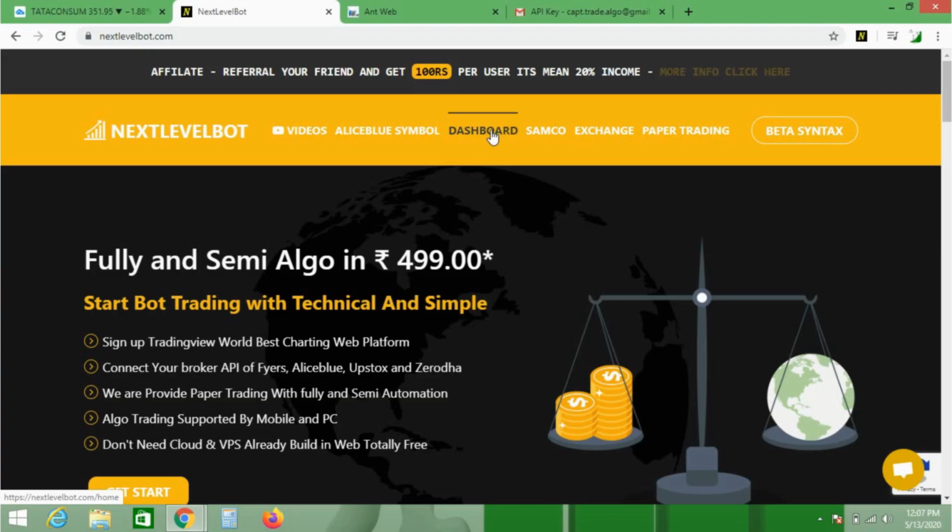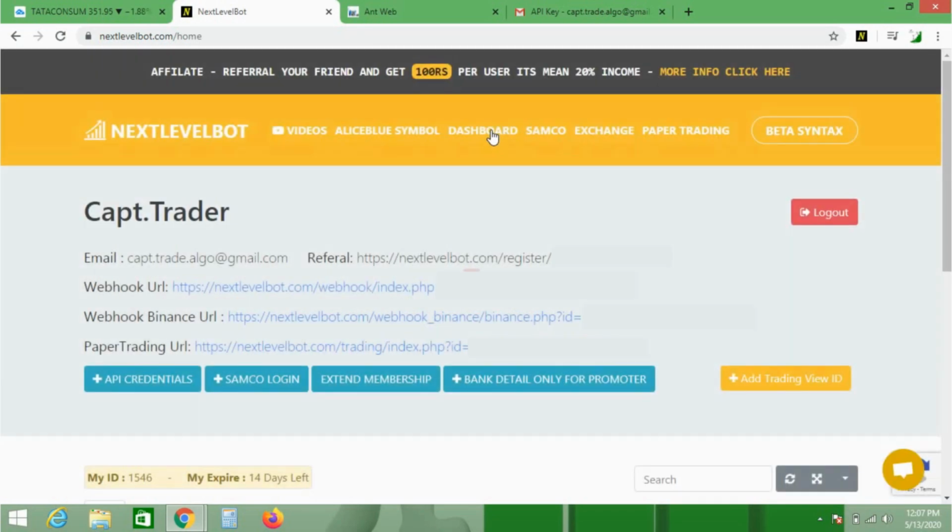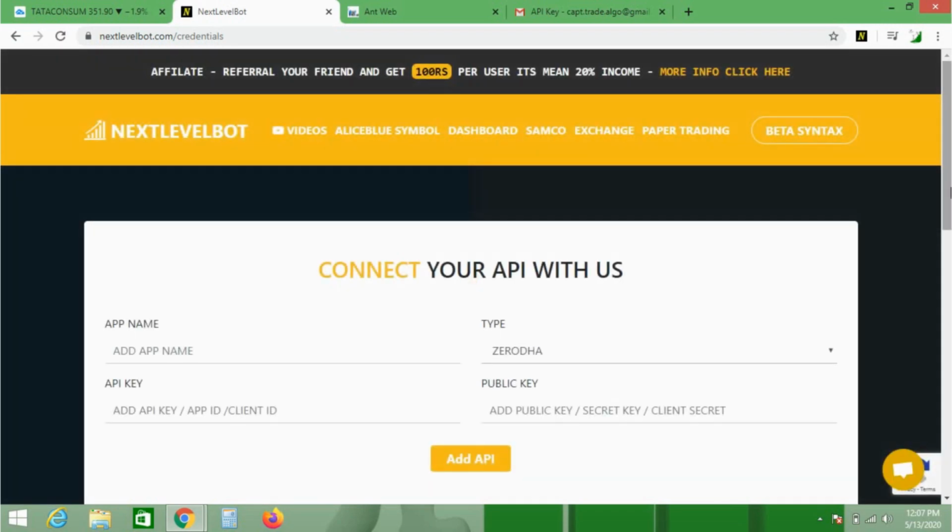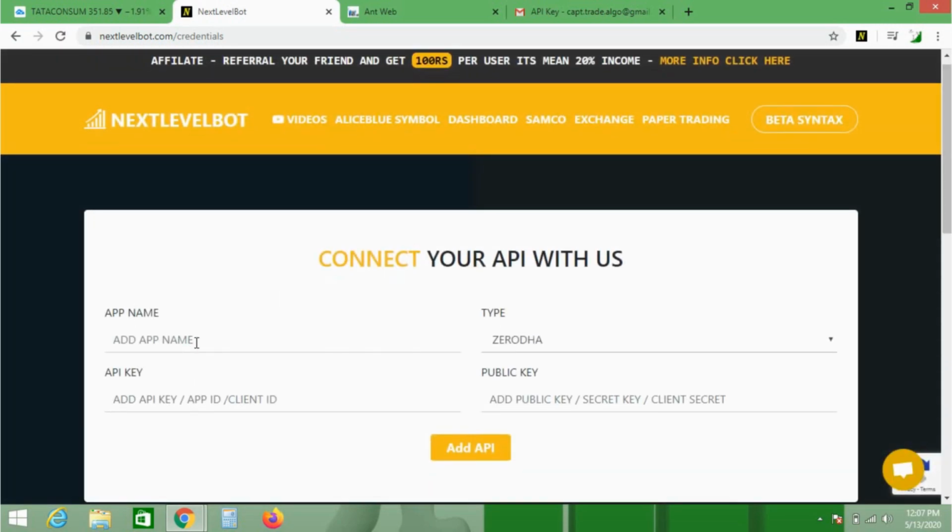Okay, so for setting up the bot engine, first go to the dashboard and let the page open. Once the page is open, please click API Credential right over here, and let's wait for it to open. As you can see, 4 inputs are required to set up your API credential.